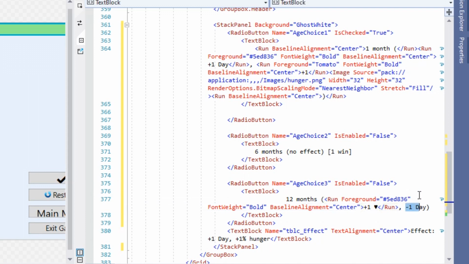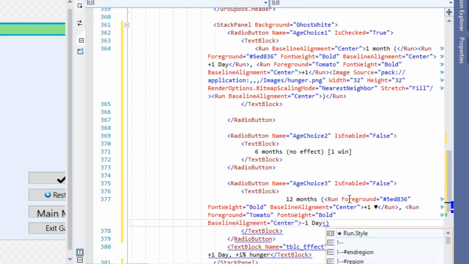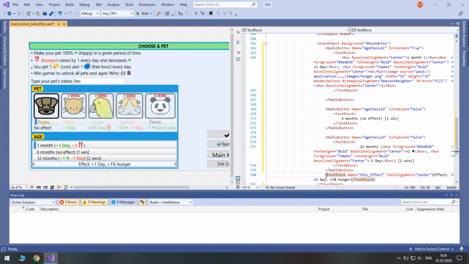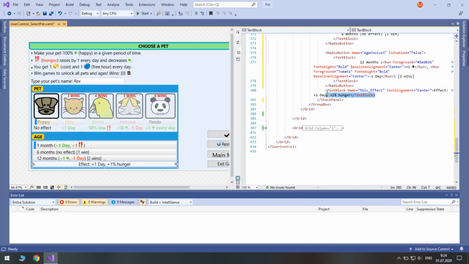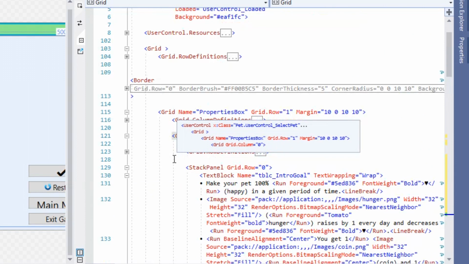And -1 day is negative. So let's copy tomato run and close it after the word day and add conditions. 2 wins. Let's put this text block in the right column so we can collapse this grid because we are